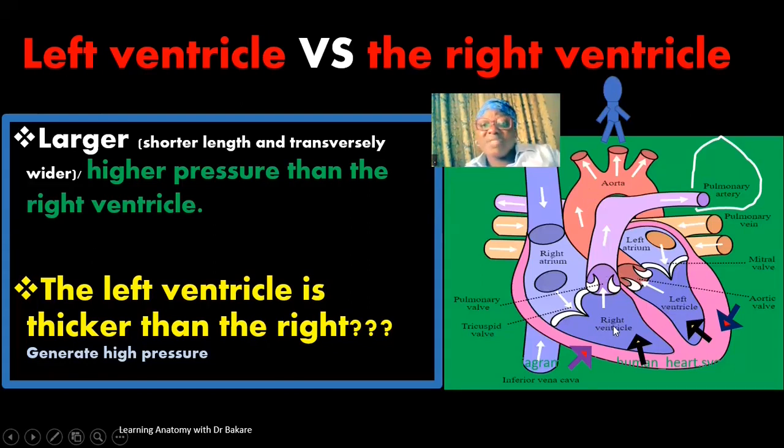While the right ventricle is just feeding the lungs through the pulmonary artery, the pressure here does not need to be as high as what is needed in the left ventricle. The wall of the left ventricle is thicker. As a matter of fact, the wall of the left ventricle is the thickest of all the four chambers of the heart. So it is good for us to be able to establish the differences between the right and the left